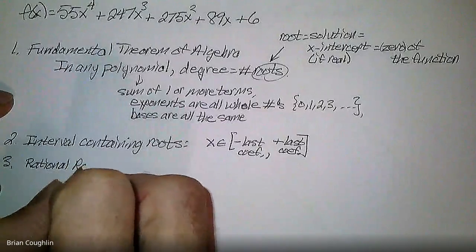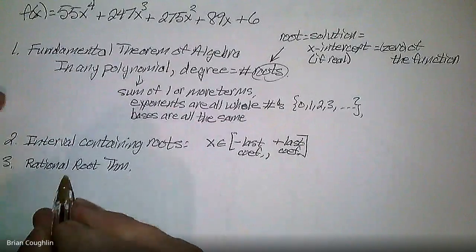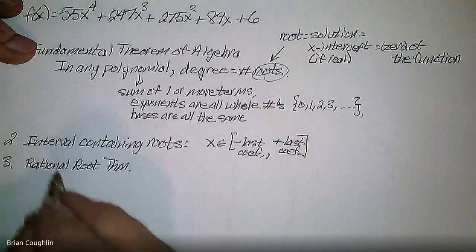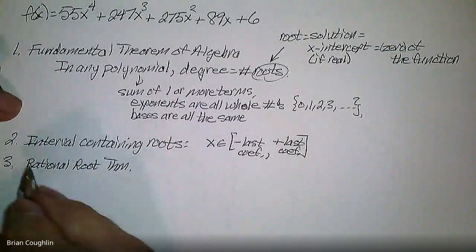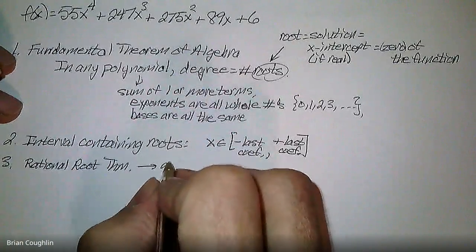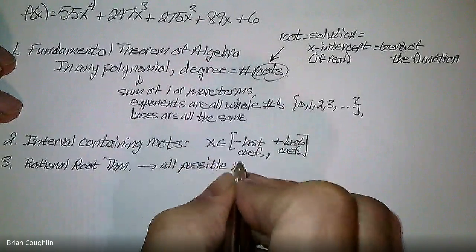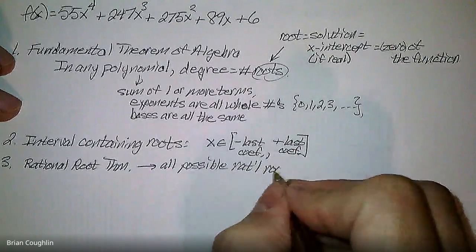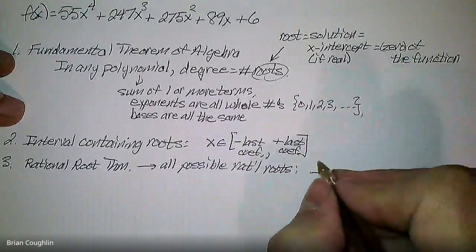The rational, if you remember, and THM is abbreviation for theorem. Rational means fraction. Rational numbers are numbers that can be written as a fraction with a round number on top, round number on the bottom, like 2/3 or -5/6. The rational root theorem basically says all possible rational roots, I'm going to abbreviate here, it looks like rattle, all possible rational roots can be found by this sort of master fraction, plus or minus